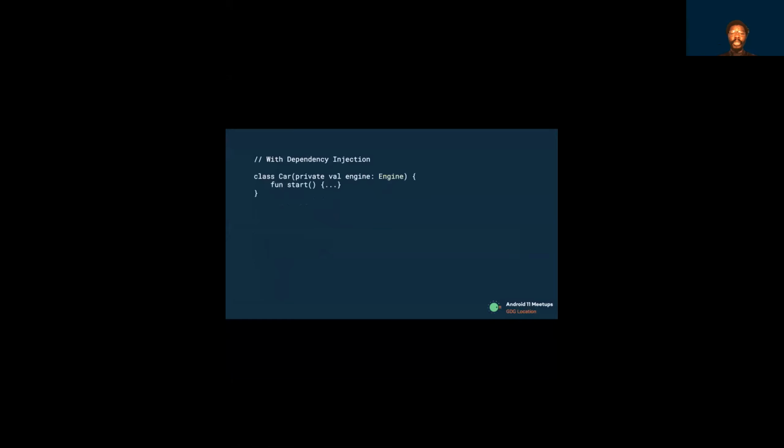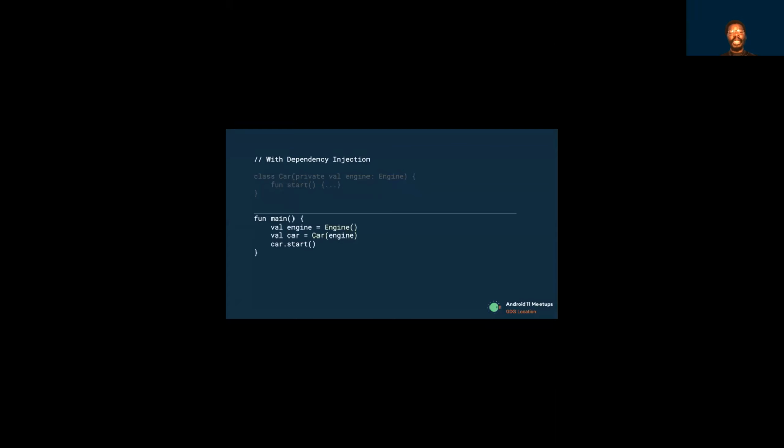Now let's see in this example how the code looks with dependency injection. Instead of each instance of car constructing its own engine, it receives an engine object as a parameter in its constructor. In the main function, we can use car because car depends on engine.